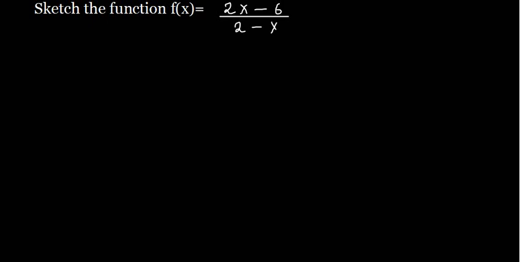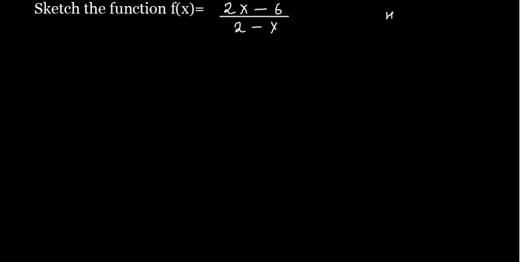Sketch the function f of x is equal to (2x minus 6) divided by (2 minus x). We need first to find the horizontal asymptote. And how do you find the horizontal asymptote? If the degree of the numerator is equal to the degree of the denominator, meaning the highest power on top and the highest power down are the same,